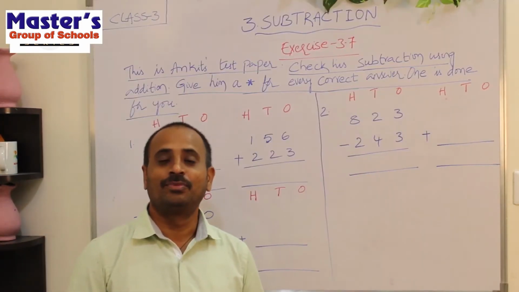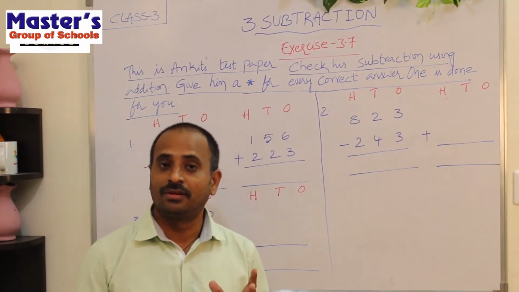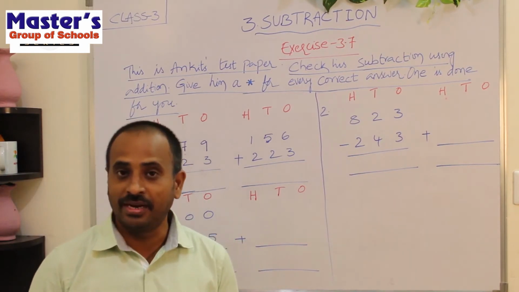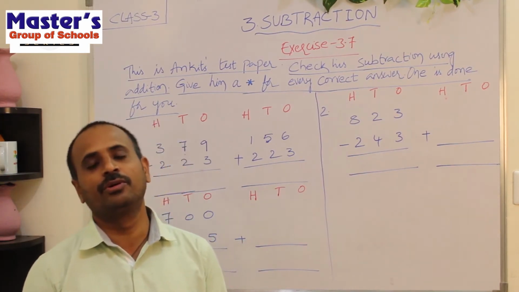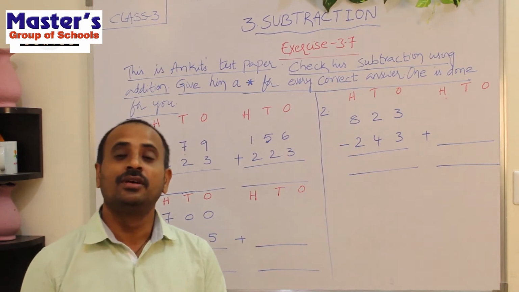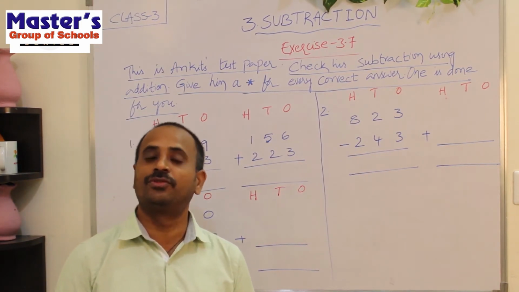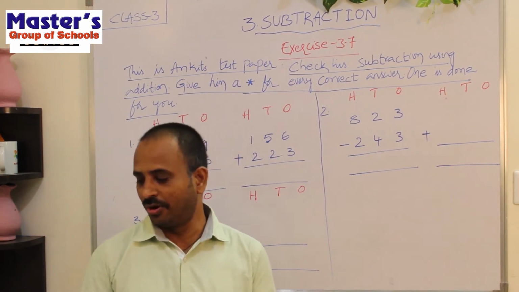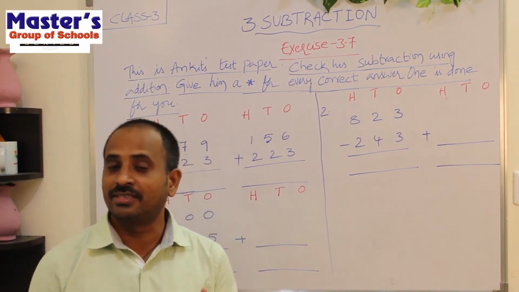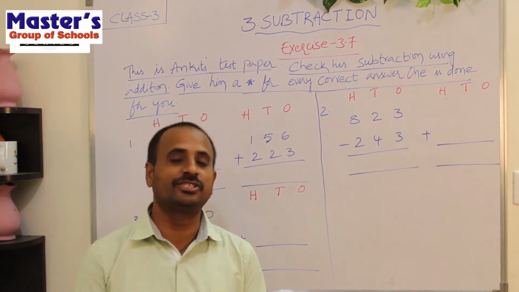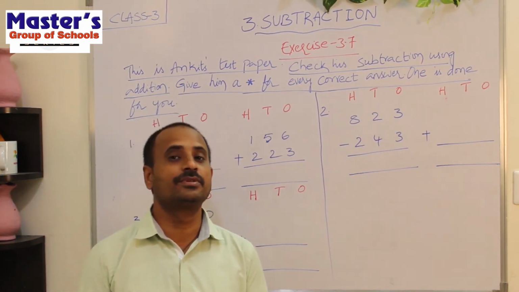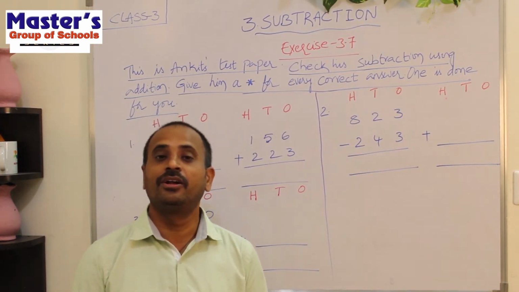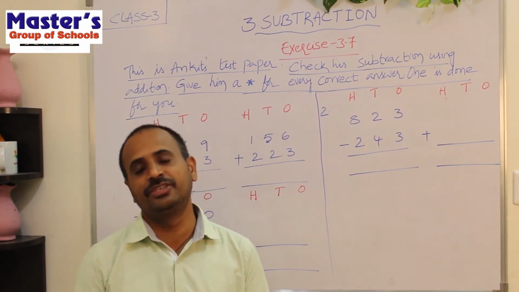Children, good morning. Up to now we have discussed the subtraction of 4-digit numbers with regrouping and without regrouping, and also how to estimate the difference of two numbers and how to compare that difference with another number. And now we are going to discuss the relation between subtraction and addition, which we have already discussed in earlier episodes, and how we can check the subtraction by addition.